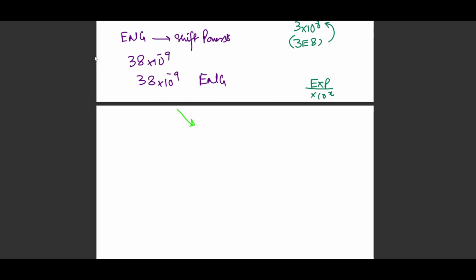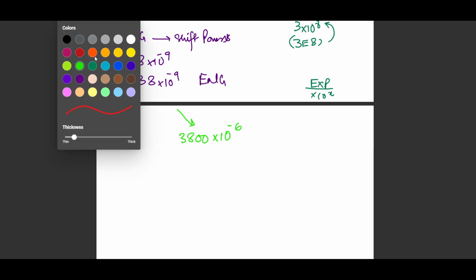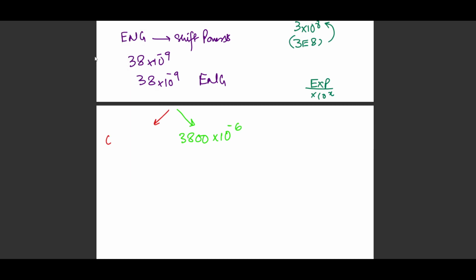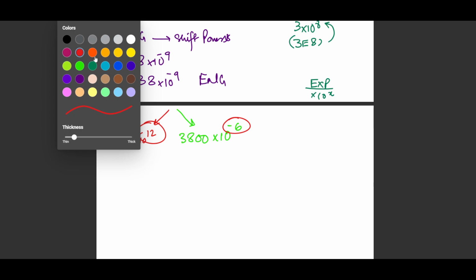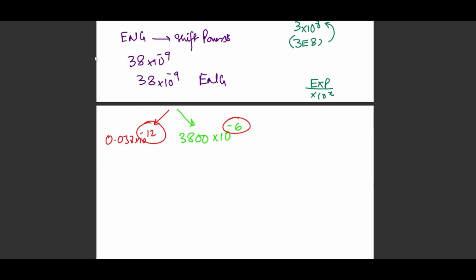Let's say it could mention that this is 3800 into 10 raised to the power -6, or depending upon the model, it can take you back to something like 0.038 into 10 raised to the power -12. So it can either give you -12 or -6 depending upon the model of the calculator. I might be making a mistake in the number of zeros, but you can see that happening in front of you